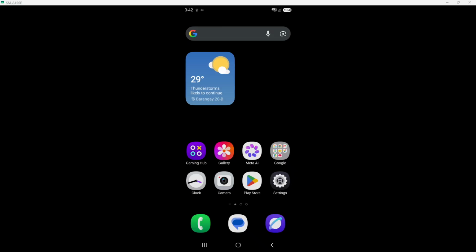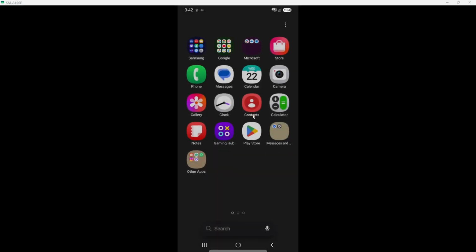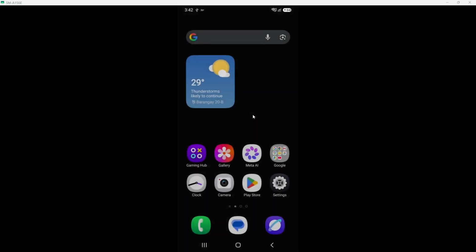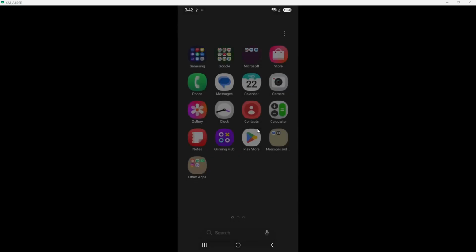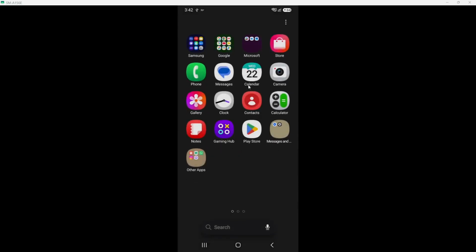In today's video, I'm going to teach you how to sync Samsung Calendar with Partner. First, open your Samsung Calendar app. You will see a clean and organized interface featuring your scheduled events and appointments. This is where all your calendar activities will take place. Opening the app is essential because it's the starting point for all your syncing activities.